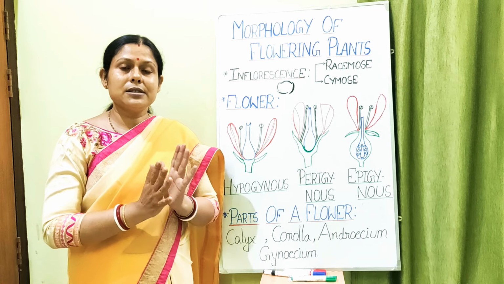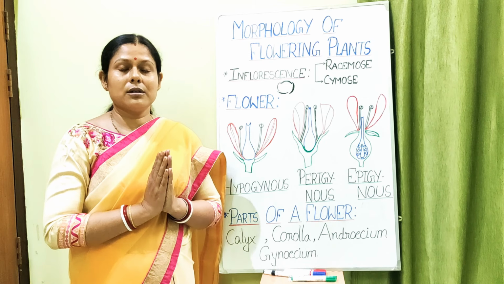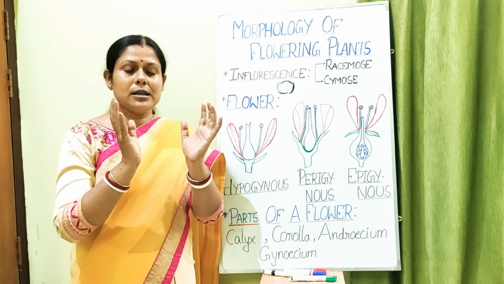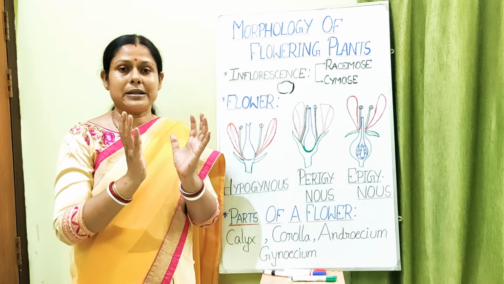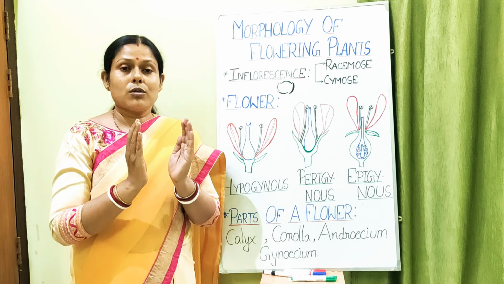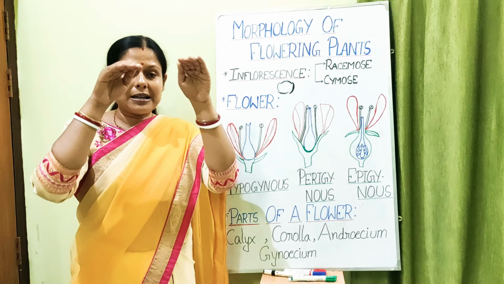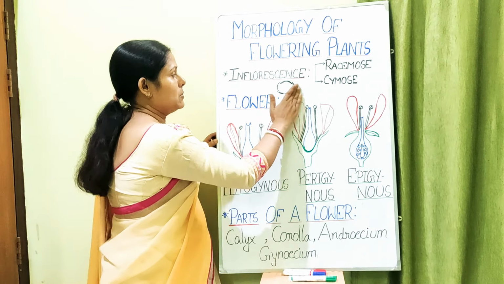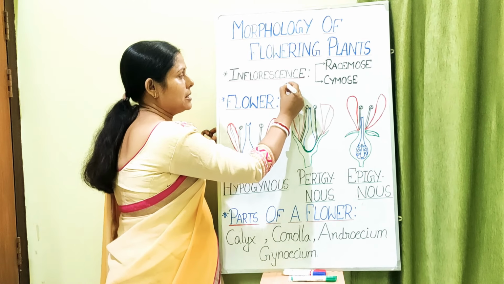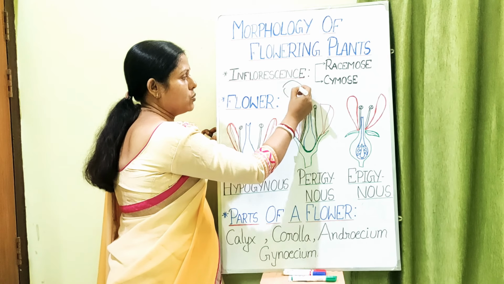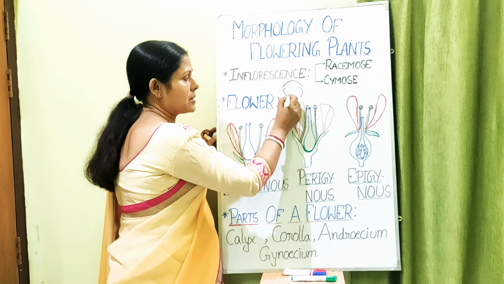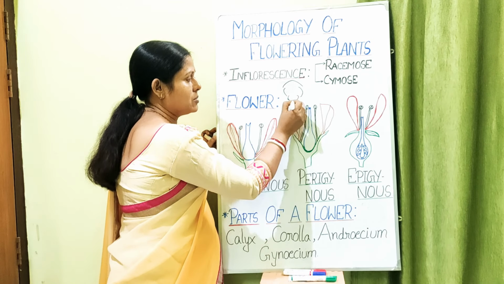It is having different types of floral members. That means the corolla's members are different. The outer one is the biggest one, it is called the standard petal. Then the next two are called the wing petals. So the standard petal is covering, let me draw here, then it will be clear for you. The standard petal will be like this, then there will be two wing petals, and there will be two keel petals. The keel petals will be joined like this.